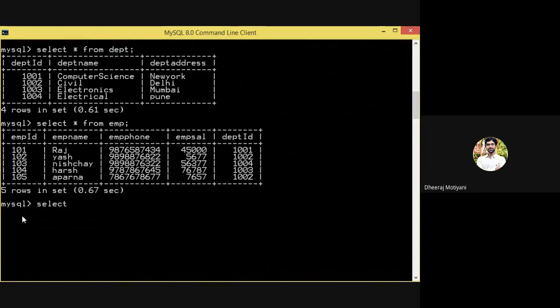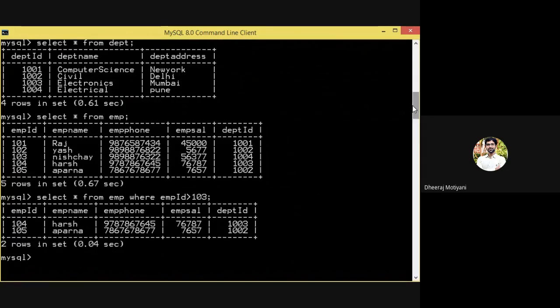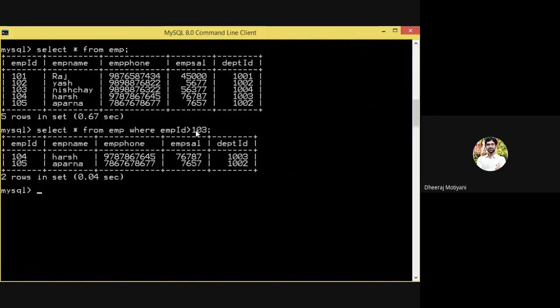Select star from EMP where employee ID greater than 103. So you will get all the employees having employee number greater than 103. I hope you understood this.